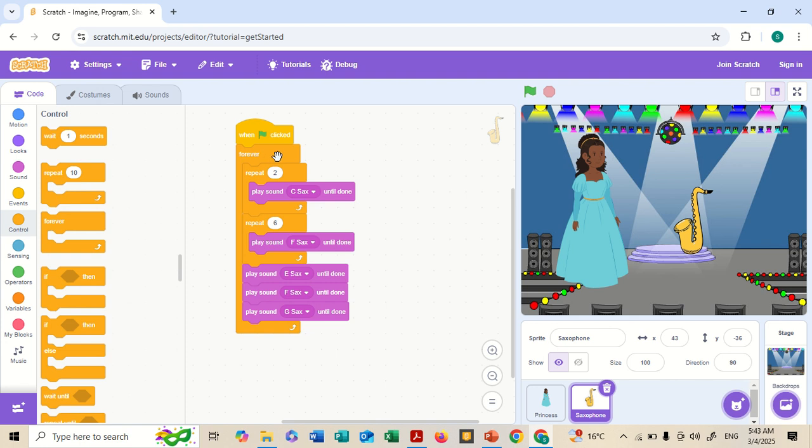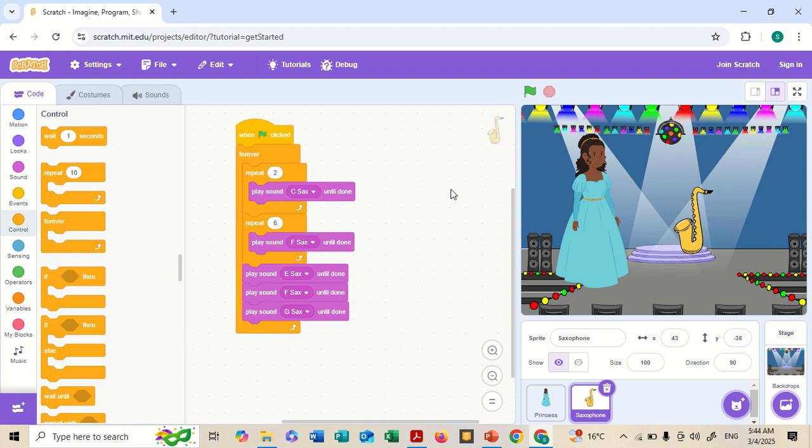Okay, as we have kept all these blocks under the forever loop, if the music starts, we will first see that the sound notes are correct, that it is producing the correct sound. Then we will have to stop the program by ourselves. So first click upon the green flag. Hopefully you can hear the sounds. The sounds are produced correctly, but we must remember that we have to stop this program by clicking upon this